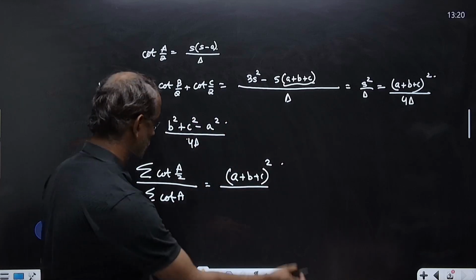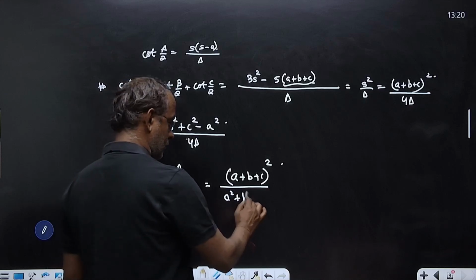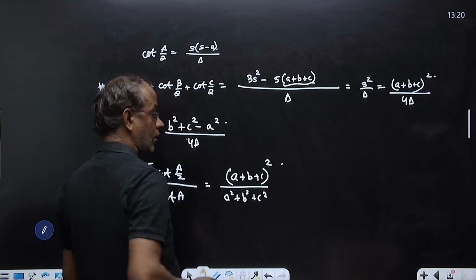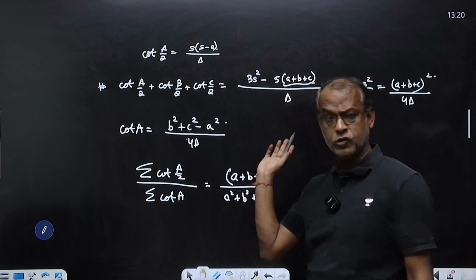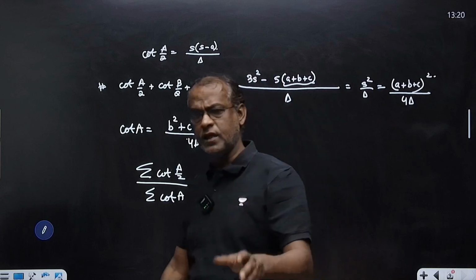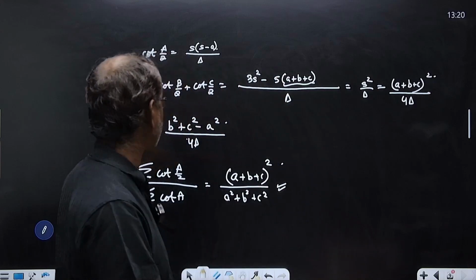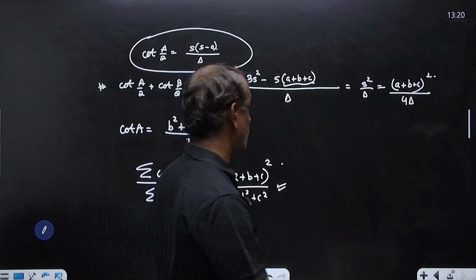So, what will it be? I think you are able to guess, okay. B square will appear twice with plus and once with minus. A square appears once with minus, 2 with plus. So, all in all, this is the result that you have. Not necessary that you remember it. Cot A by 2 is something that is useful, and I think from this you can also gather